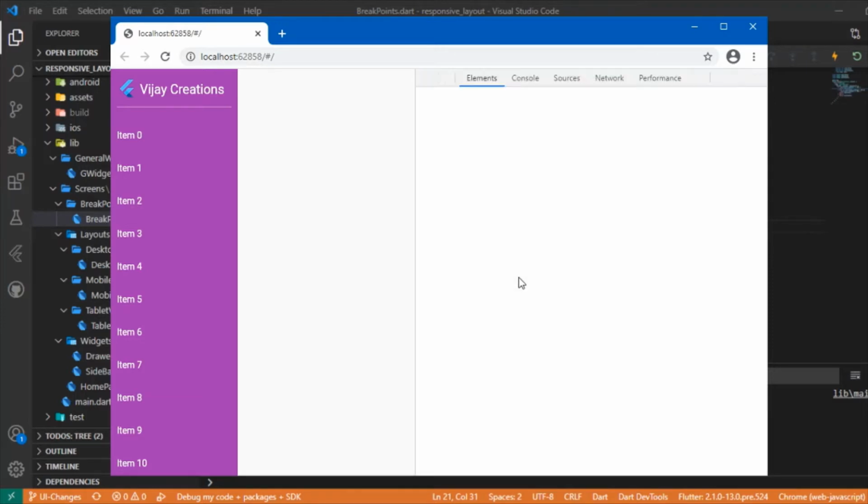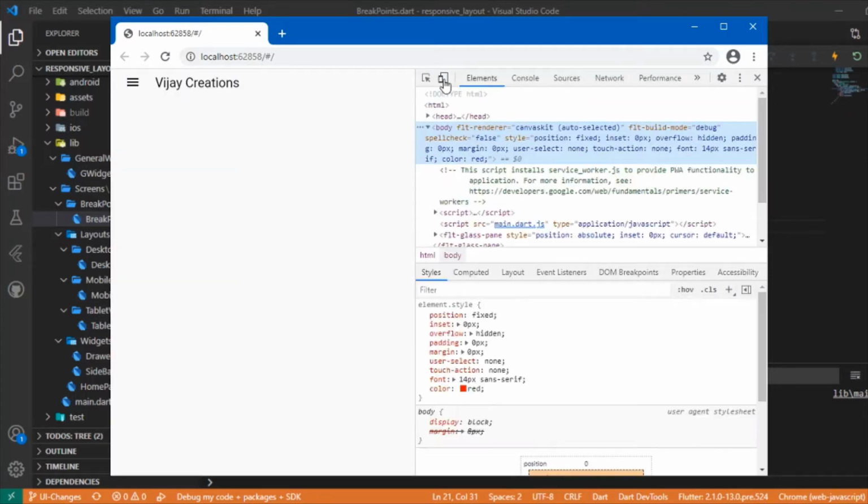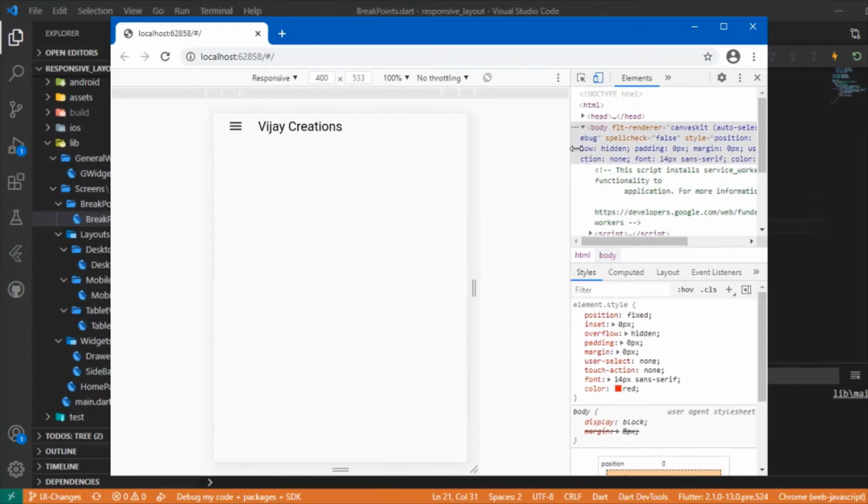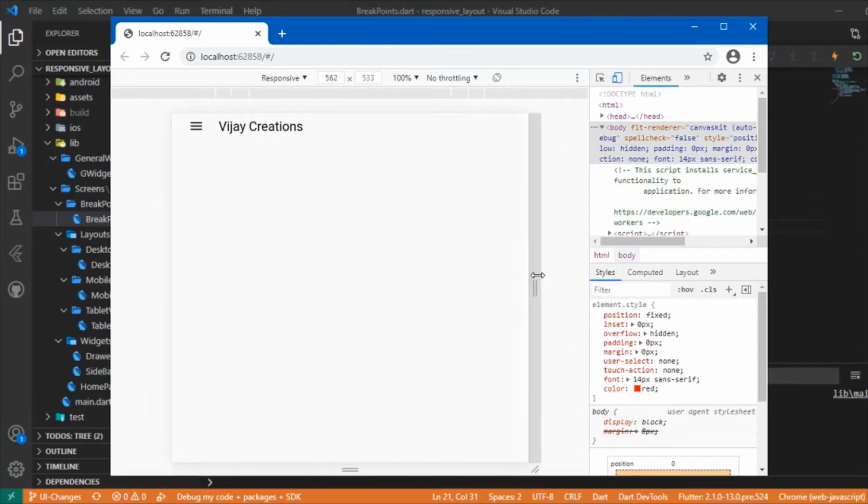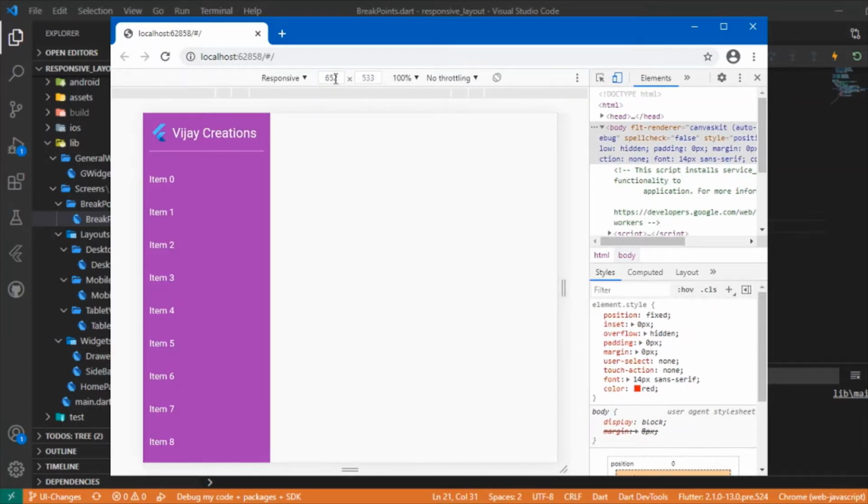And you could see here when I inspect, let me have it at a width of 650 approximately. At a width of 650 or 652, we get a sidebar. This is the case when viewing the application in the desktop view. When viewing on desktop, we have this sidebar, right?